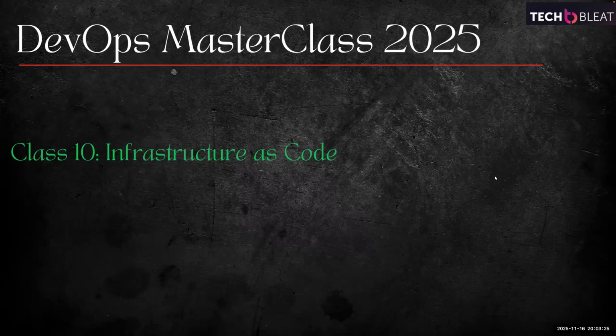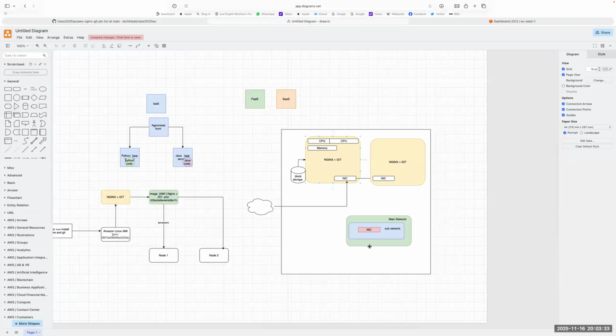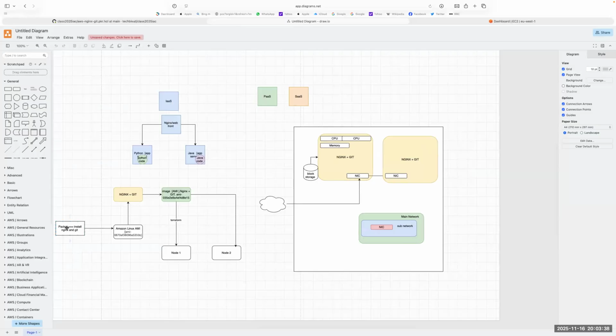So for tonight, I'm just going to take us a little bit back to where we left things yesterday. A bit of a diagram to refresh our memory. What we basically achieved yesterday was using Packer as a way to create our own Amazon machine image, which is an image based on a parent image of Linux, Amazon Linux AMI. That serves as a foundation or the base image, which we leveraged. And then we were able to slap Nginx and Git on top of that base image to generate a new